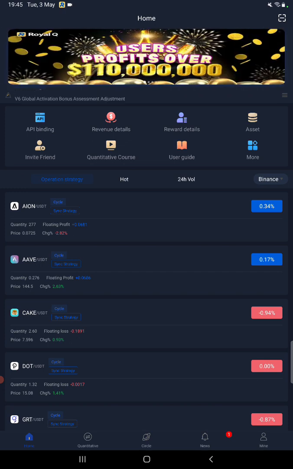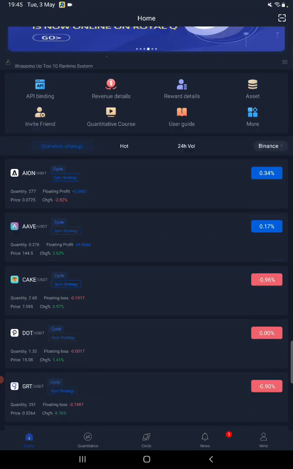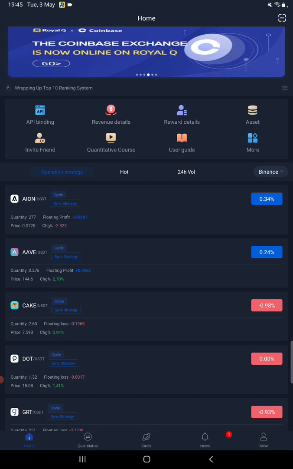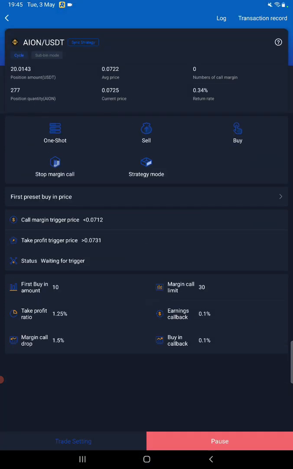But it turning blue doesn't mean that it's going to trigger the profit. Now let me take an example here. I have the first coin here, which is Aeon. I'm going to tap Aeon, and you can see over here that currently the position amount is about $20, and the return rate is about 0.34%. Now this is basically a profit, but I do not encourage you to sell it manually at 0.3%. I encourage you to do that if this return rate improves to above 0.6 or even beyond,